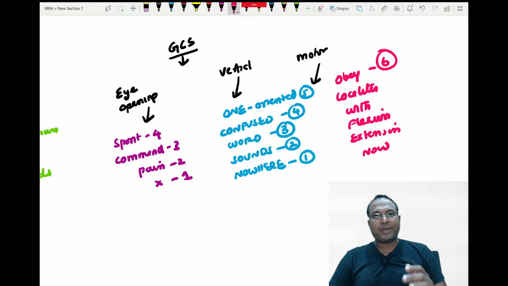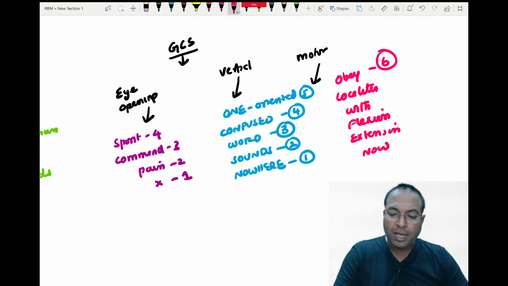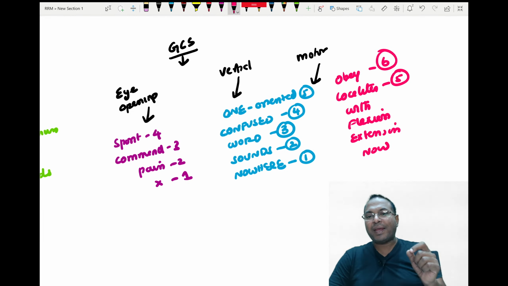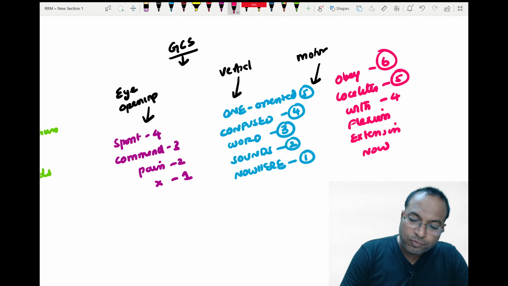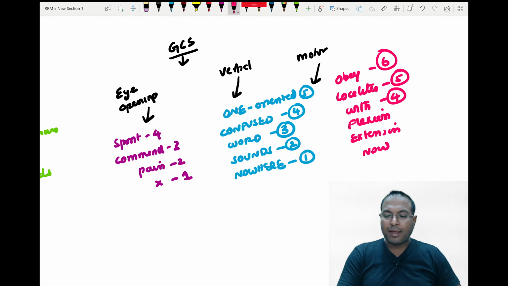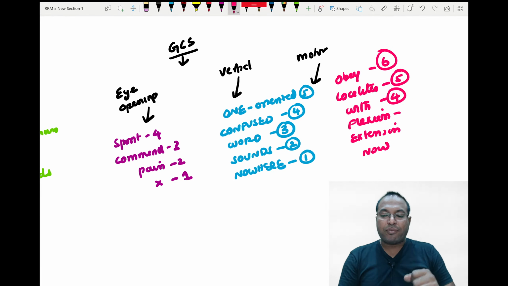Please remember, if a patient is obeying the commands, we give 6 points. Localizes the pain. Where is the pain? He is telling, I am having pain in the right arm. So that is 5 points. Withdrawal, 4 points. When you touch him, he is withdrawing. Patient lying in flexion deformity known as